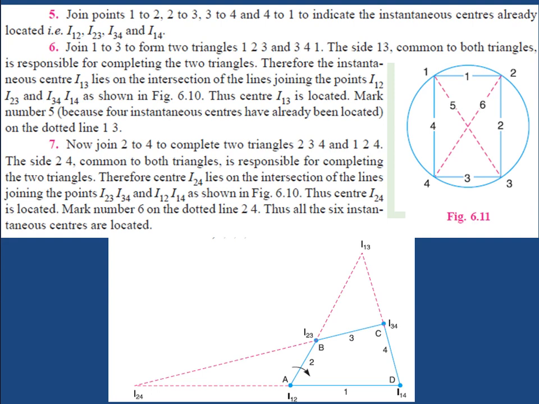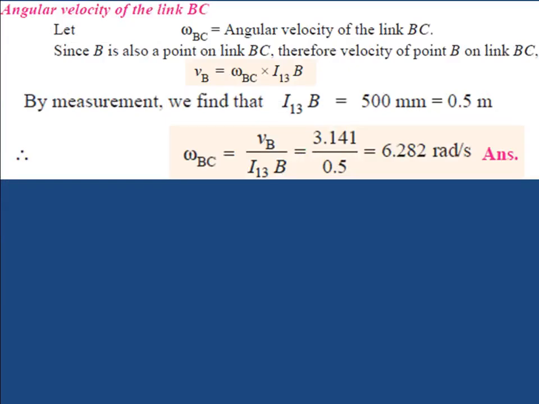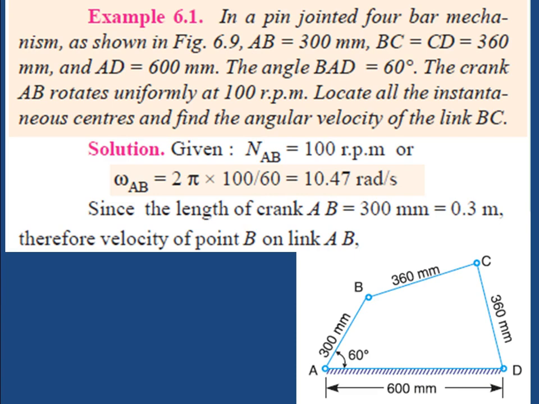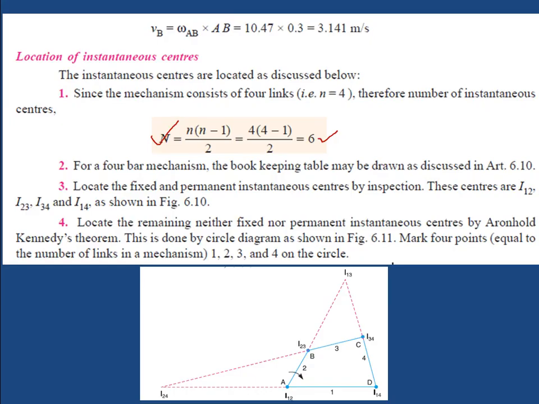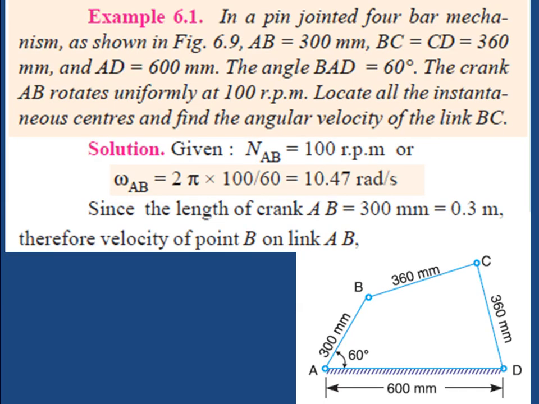Okay, once you get these instantaneous centers, I will tell you the procedure, it becomes very simple. The main thing is the instantaneous center. Once you get the center, it is very easy to solve. So if you want to find out the velocity of point B now, that is this point. Velocity of point B already you have calculated here, VB 3.141 meter per second. So what is asked here? You have to find out the angular velocity of the link BC. Okay, so the angular velocity of this link BC has been asked to calculate.